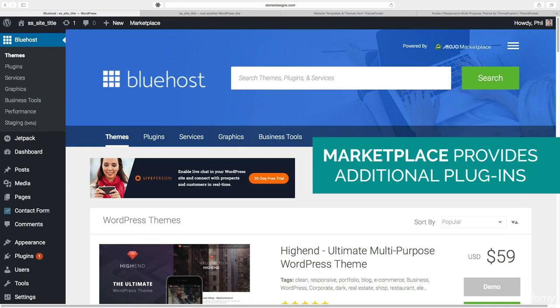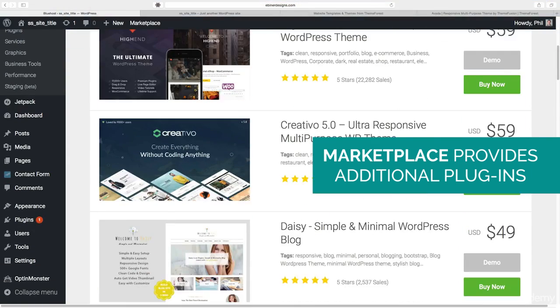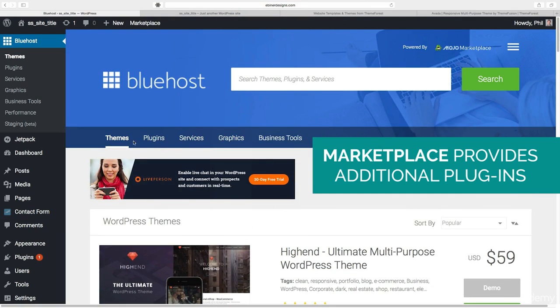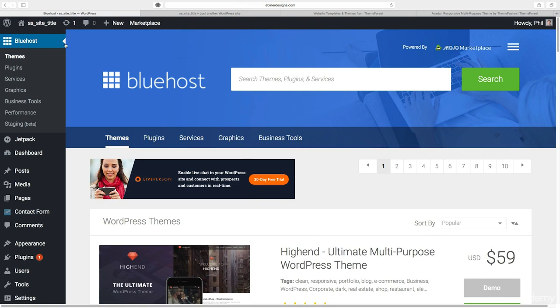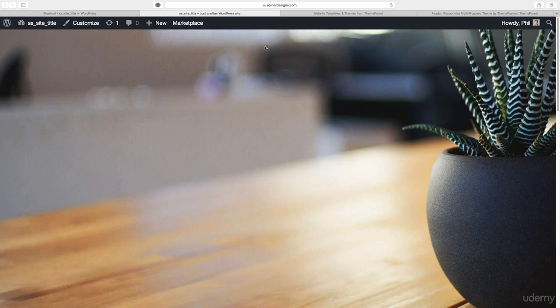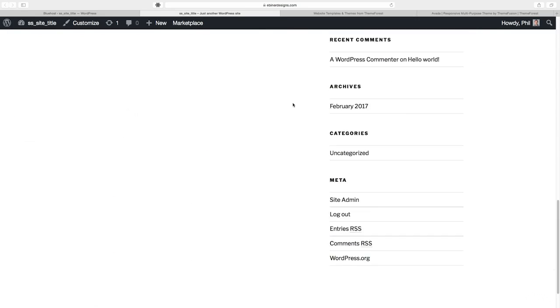So because I installed with Bluehost, Bluehost gives us all kinds of tools and things that we can use right within our WordPress site. We're not going to use this tool because I'm going to be showing you free tools and other plugins that I suggest using. So back to our site, I clicked Visit Site and it opened up this new tab. And here is our website.